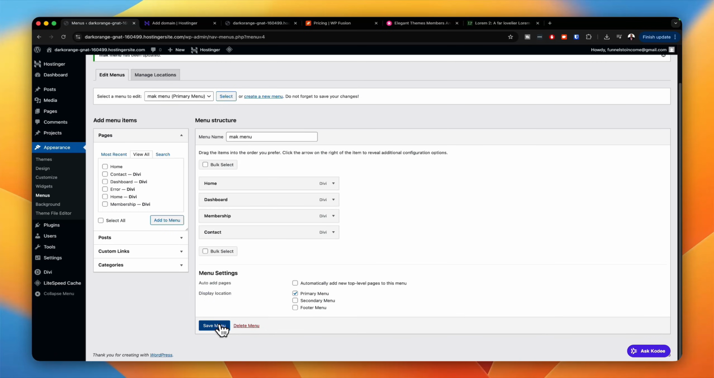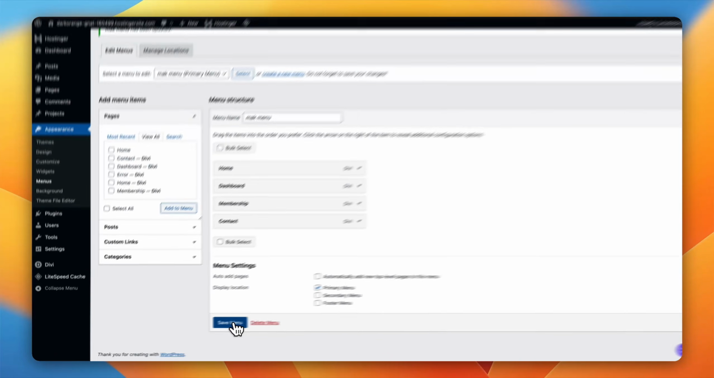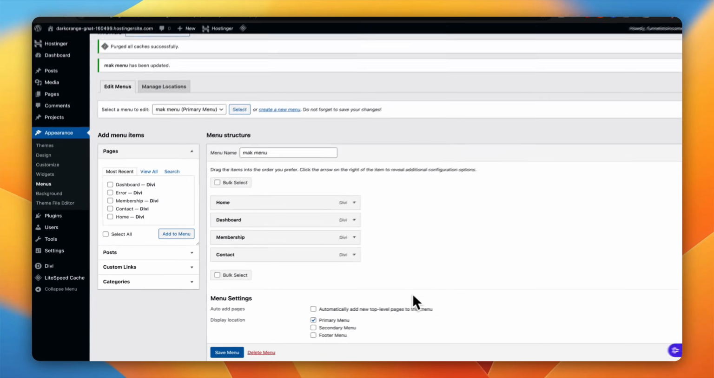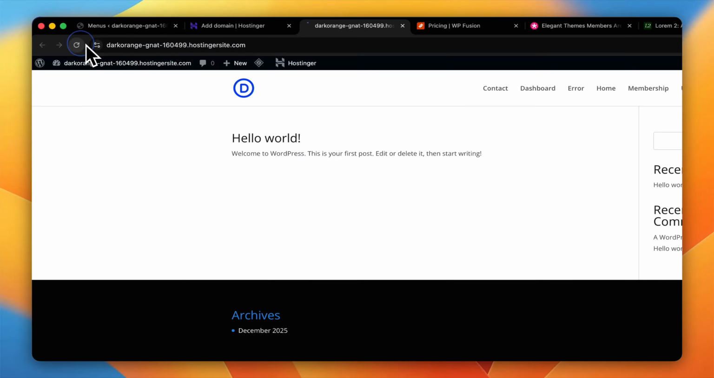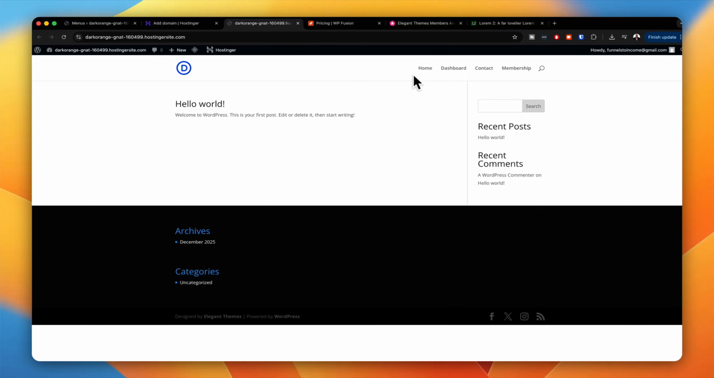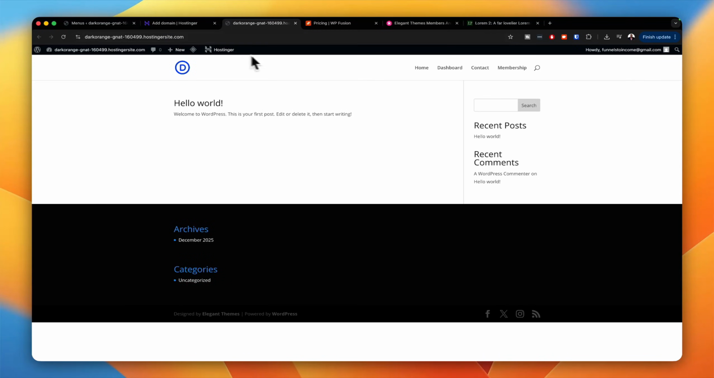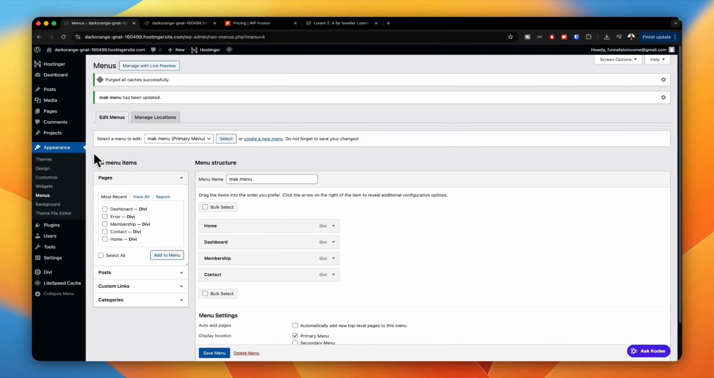Now, if there are any pages that I need to add on later on, I will just come in and rearrange everything. So I'm going to go ahead now and hit save. Now, when I go to my page and refresh, you're going to notice that we now have our custom menu. Okay, fantastic. The next step now is to make sure that our home page is going to be the landing